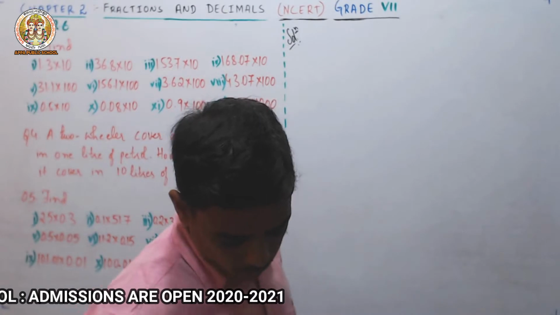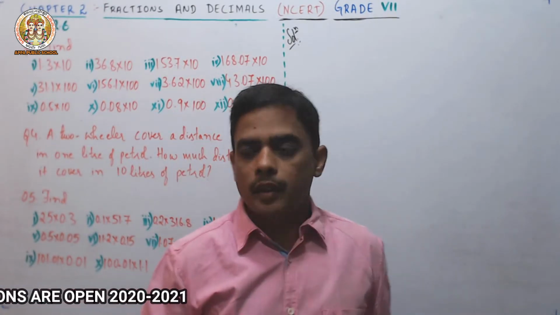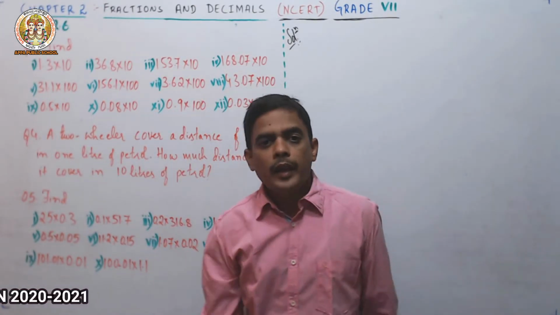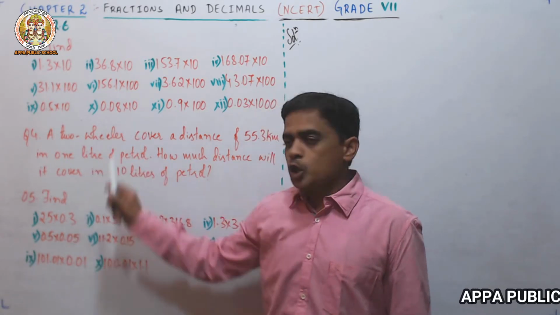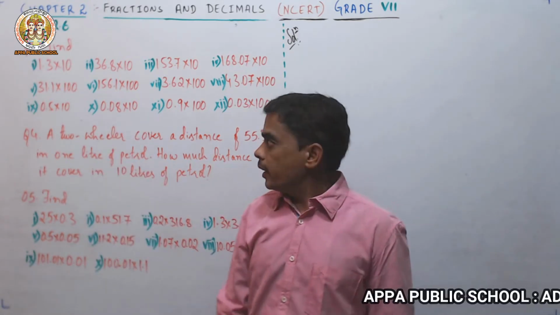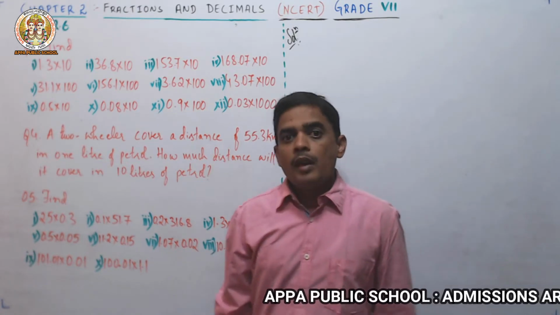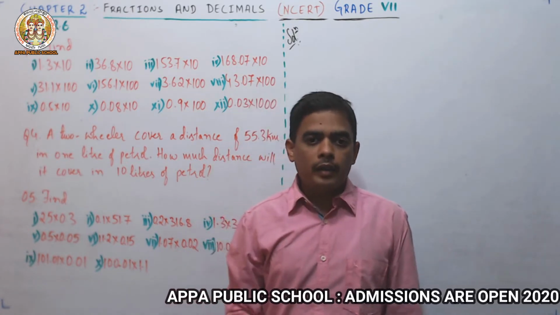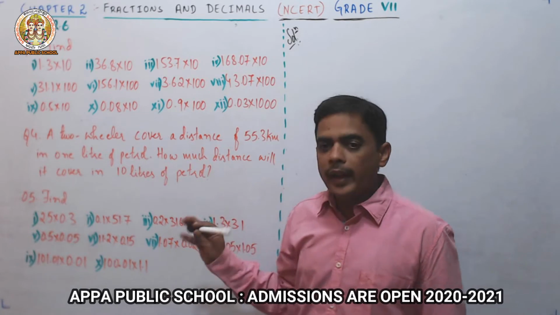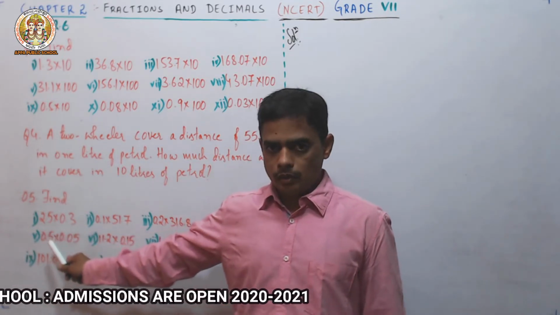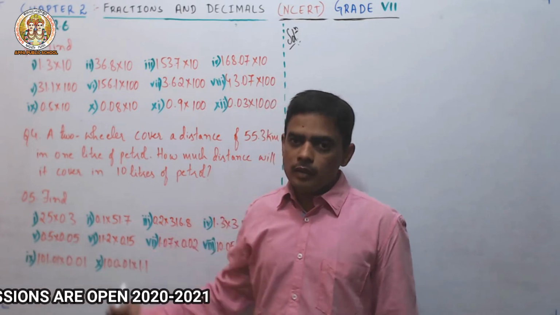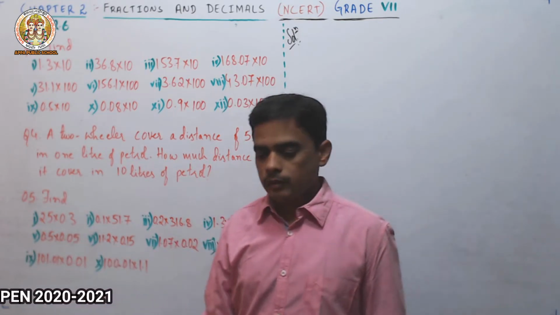So here what we have to do, we have to multiply here. So you have to multiply a decimal number with another decimal number. In the previous, what we have written in question number 3, we have multiplied a decimal number with the number 10, number 100 and not 1000 is not there. Only 10 and 100. So here what we have to do, multiplication of a decimal number with a decimal number. Right? Okay.